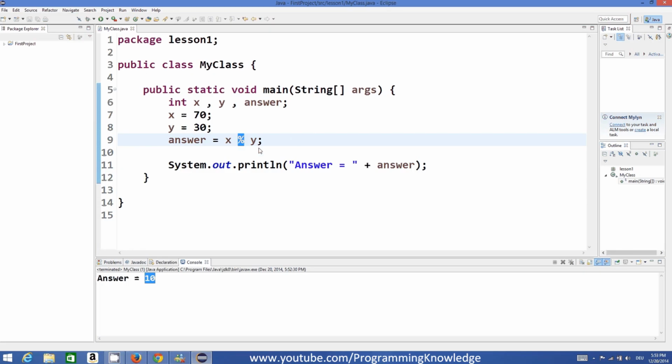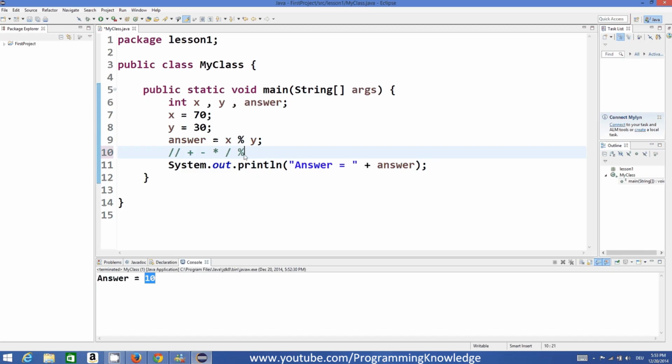So these are some important math operators in Java. Let's recap. The first operator is plus and the second is minus, third is multiplication, fourth is division, and the fifth one is this modulus.